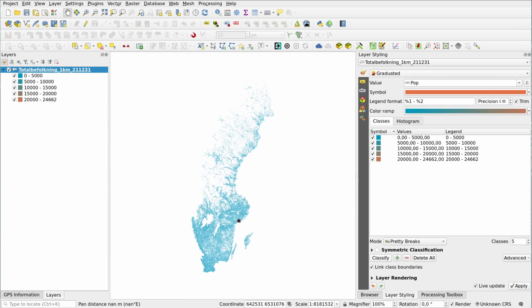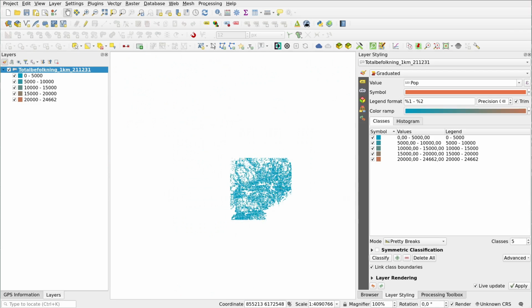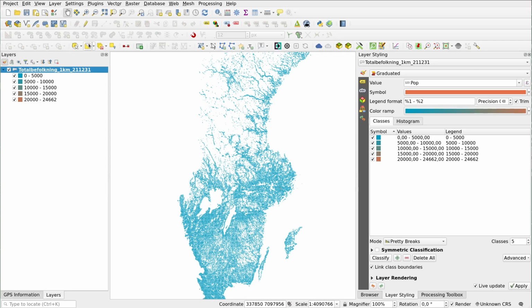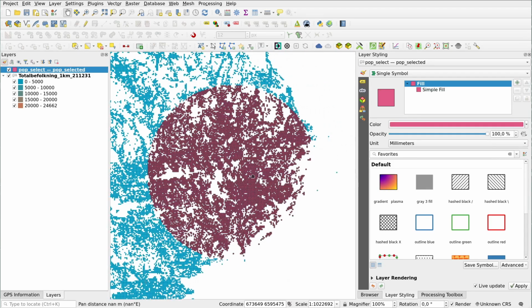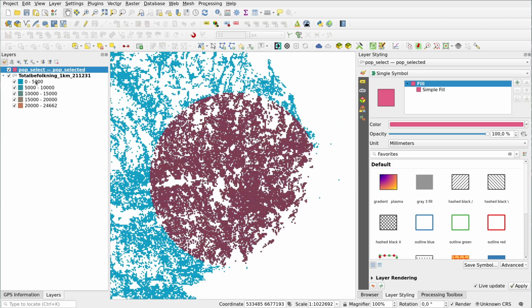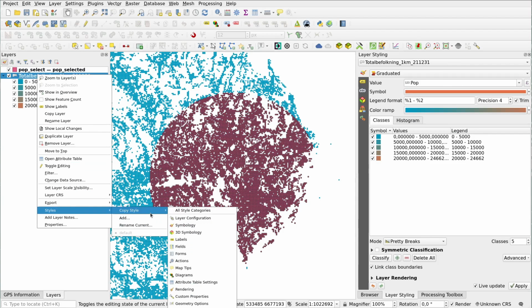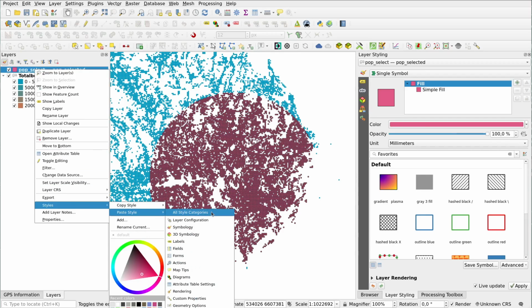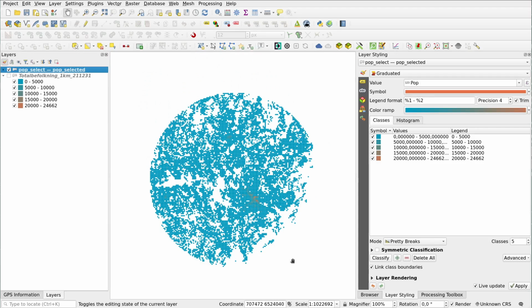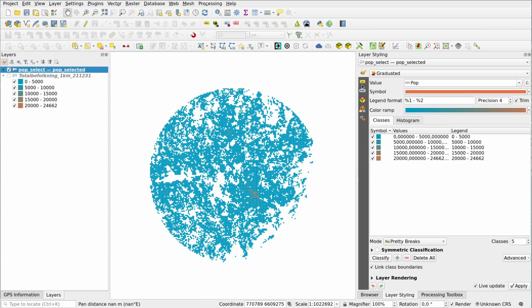This data is far too much to work with at reasonable speed. So I have made a selection where I used the select features by radius tools and exported it to another sub data set that is more reasonable to work with. So I'll just copy the styling to this one. That, we can turn that off. And in 3D,